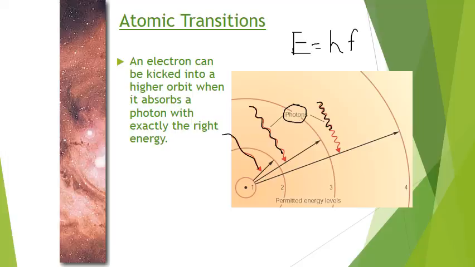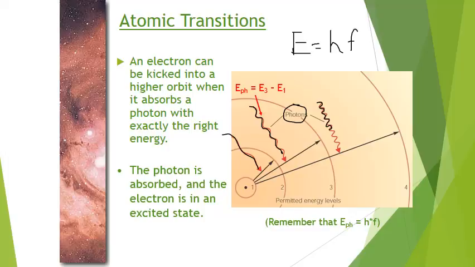Notice that these photons are hitting electrons in this atom and giving those electrons energy. And again, the photons have to have the right amount of energy. So this particular photon here that the red arrow is pointed at has just the right amount of energy that it allows an electron to absorb it and gain enough energy to go from the first energy level, which is called the ground state, up to the third energy level, or what's called the second excited state. Again, by absorbing that right amount of energy, the photon is absorbed and the electron gets kicked up into a higher energy level, and the word there is excitation.